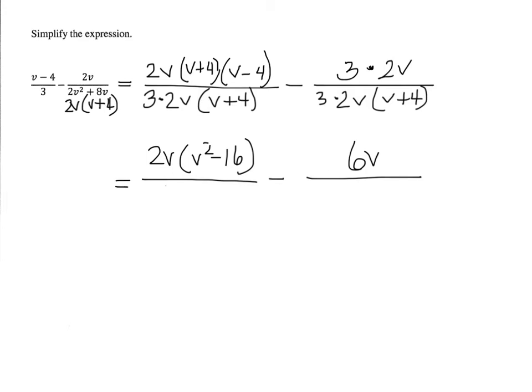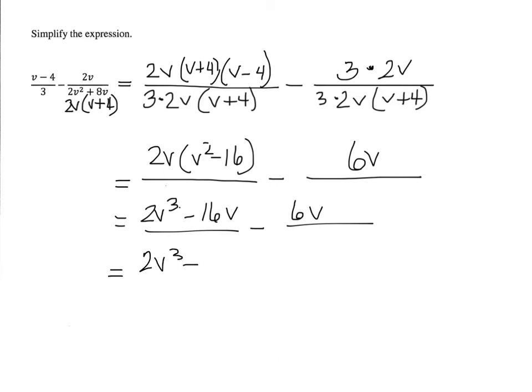Now your goal, because you multiplied them out, is to subtract. So let's subtract, well, you know what, forget it. I have to multiply this out still, don't I? Duh. So that makes 2v cubed minus 16v over the common denominator, minus 6v over the common denominator. Now we can subtract. Now we're going to do the subtraction. That makes 2v cubed minus,